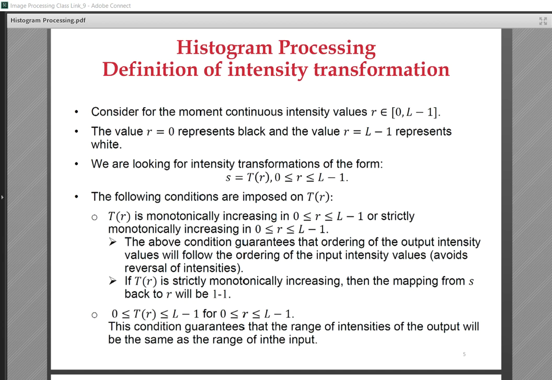The above condition guarantees that the ordering of the output intensity values will follow the ordering of the input intensity values, or avoids reversal of intensity. That means, for example, if r2 is bigger than r1, s2 is bigger than s1. Okay, here,